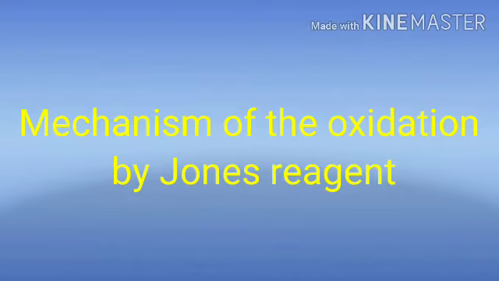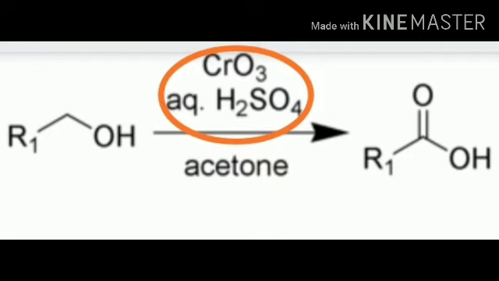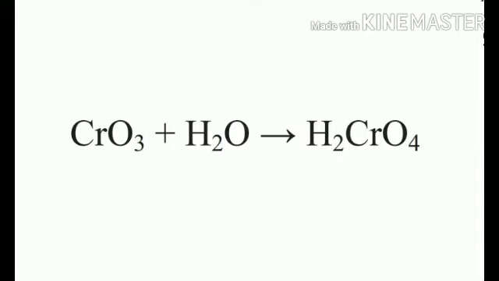And here we will discuss the mechanism for the oxidation by Jones reagent. The mechanism is not that hard, but practice is a must. First of all, a reaction takes place within the Jones reagent itself, that is, chromium trioxide and H2SO4, which gives chromic acid. The mechanism shown here for the formation of chromic acid is not necessary to be mentioned; instead you can just write the reaction in this way for the formation of chromic acid, that is H2CrO4, and